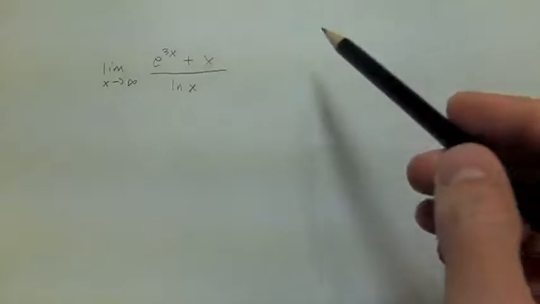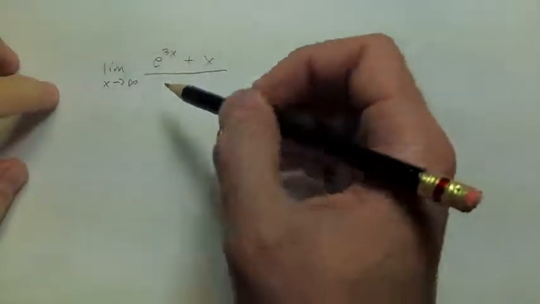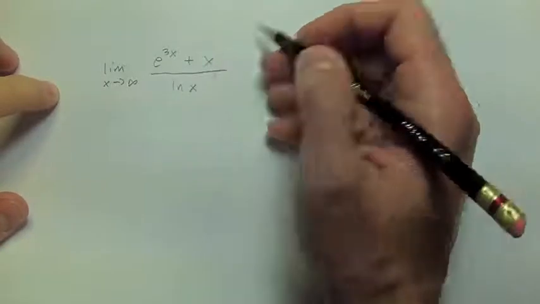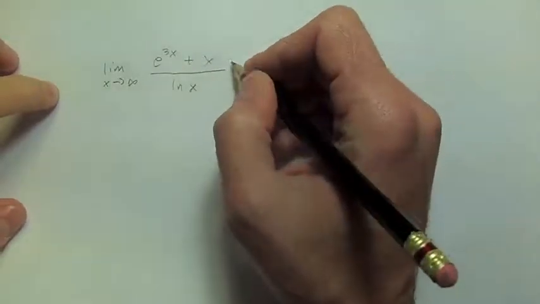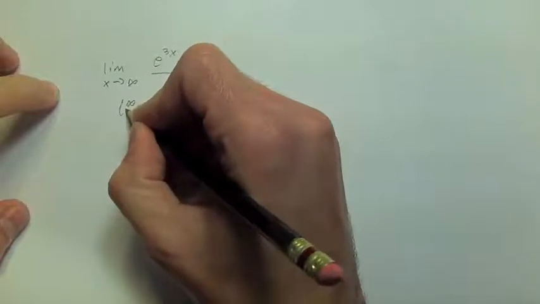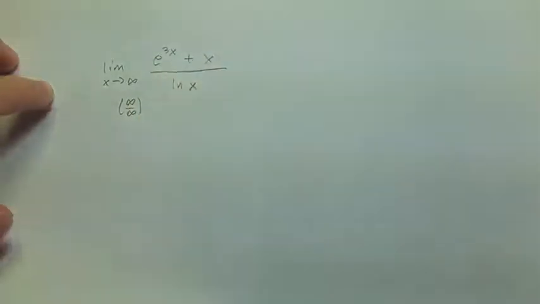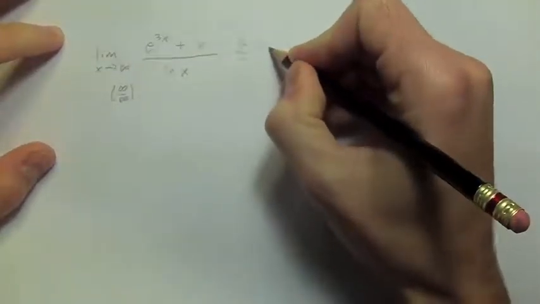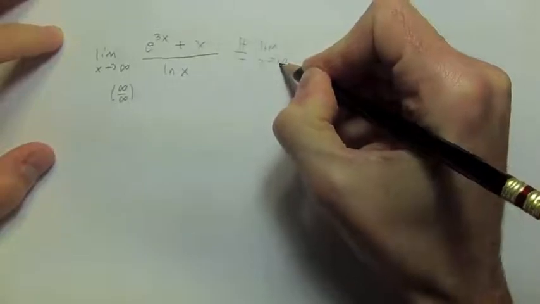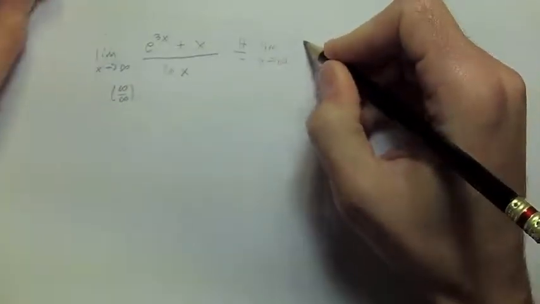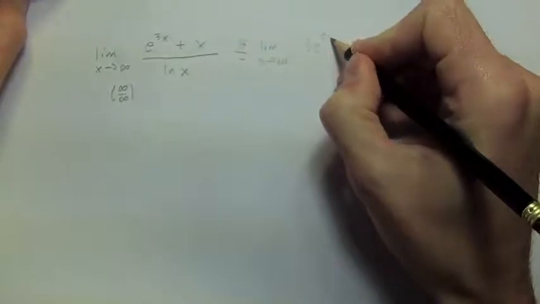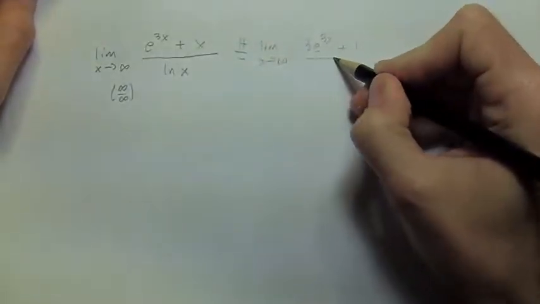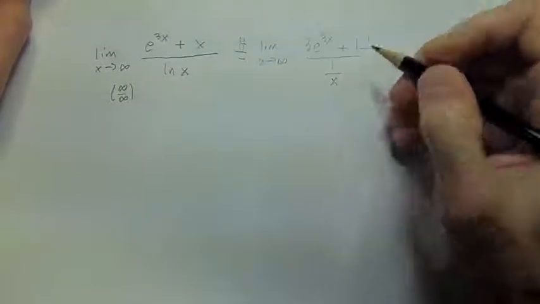So this is definitely infinity over infinity, since as x goes to infinity, e to the stuff goes to infinity, x goes to infinity, natural log of x goes to infinity. So this is an infinity over infinity case. Therefore, we can use L'Hopital's rule. Okay, so using L'Hopital's rule, we'll have that this is the limit as x goes to infinity of the derivative of the top, which will be 3 e to the 3x plus 1, all over the derivative of the bottom, which is 1